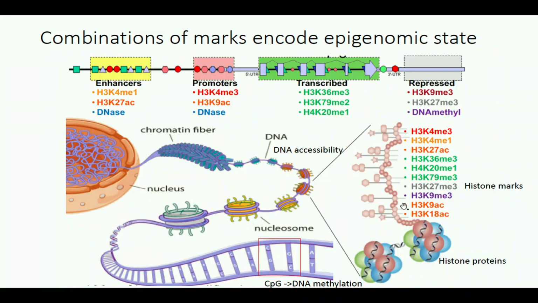And for each of these, H1, H2, and H3, we get 2 copies of them. So you actually have 6 proteins that are packed together as histones, and they will try to organize the DNAs. And you can see that each protein in these histones also gets some slightly different modifications, which is done through the post-translational modifications, where you can add different functional groups and sugars or methylations to each residue of